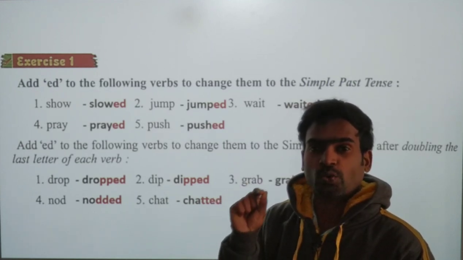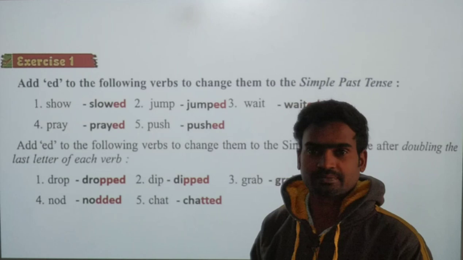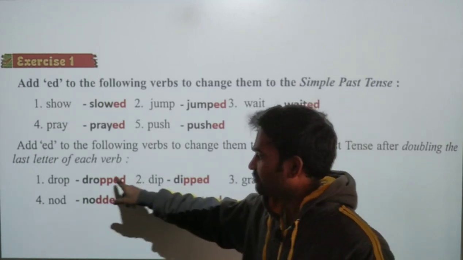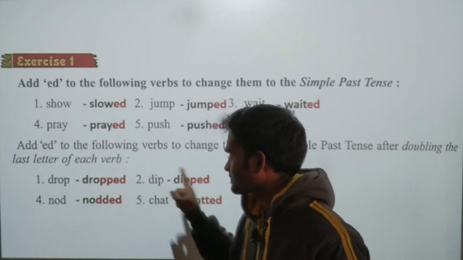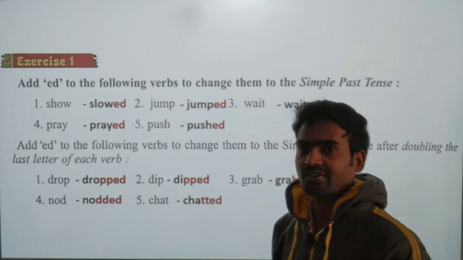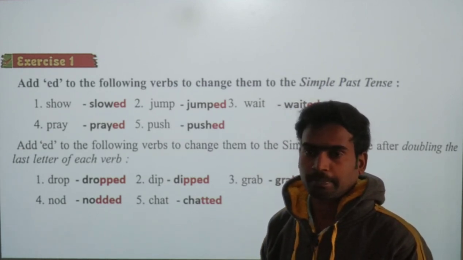So all this comes what? A, E, I, O, U. What is that? It's a vowel. A, E, I, O, U. We have vowels. So when the letter before the last, see here carefully, the letter before the last, what do we have? Everything is a vowel letter.